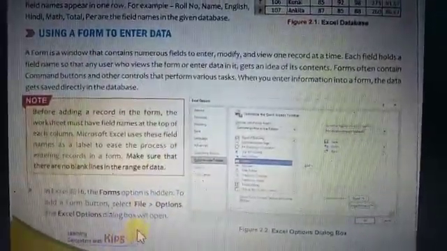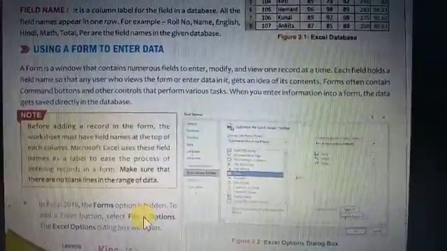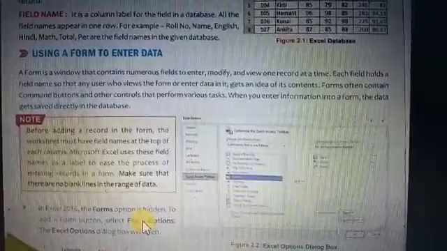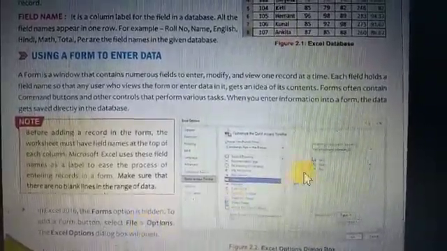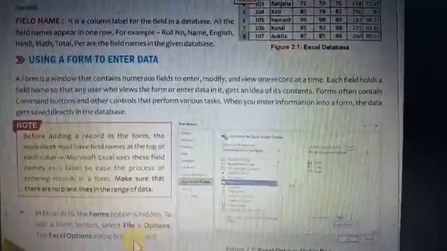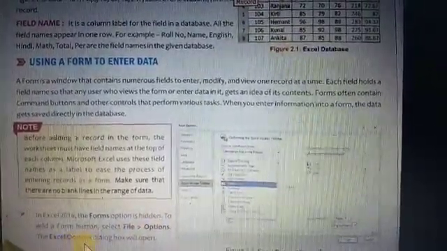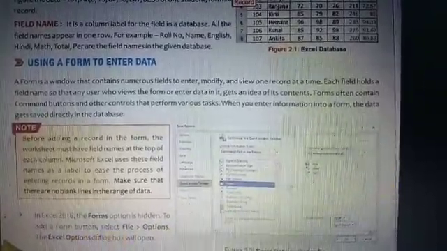What is a form in Excel 2016? Remember, in Excel 2016 we add the Form component to our Excel window. How do we add the component? At first, click on File, then go to Options, and the Excel Options dialog box opens. In the dialog box, you find the Quick Access Toolbar.